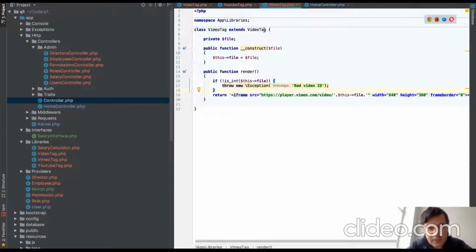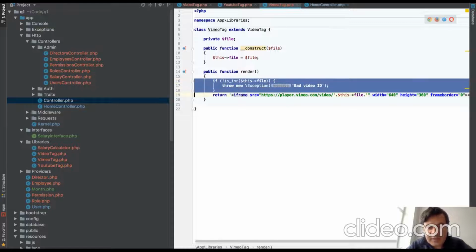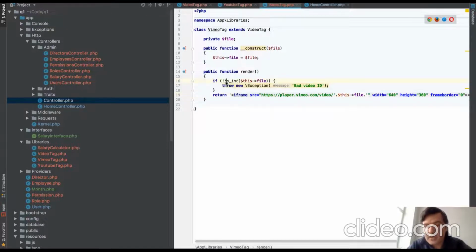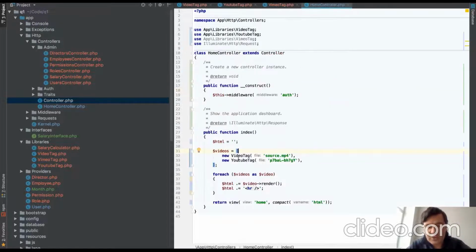It also extends the video tag, but not sure if you know, the Vimeo IDs of those videos are actually integers, numbers. And what if we're trying to specify that video ID and check whether it's an integer? If it's not, then throw the exception. And that is exactly where we violate that substitution principle, the Liskov principle, in a way that we cannot substitute that